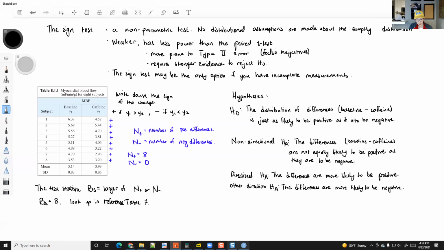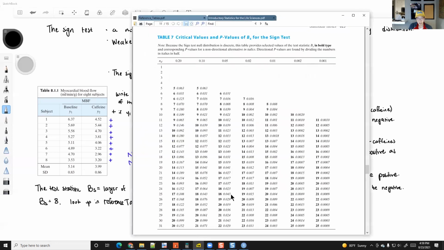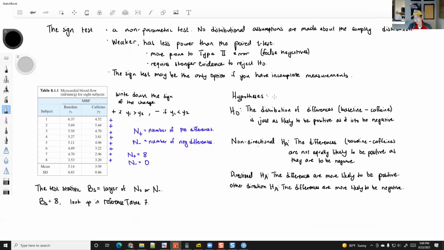All right, and so when you read the table, you have to read the heading. It says, because the sign test null distribution is discrete, this table provides selected values of the test statistic in bold type and corresponding p-values for a non-directional alternative in italics. Directional p-values are found by dividing the numbers in italics in half. All right, so I'm assuming we're going to just start off with a non-directional alternative. So the p-value for a non-directional alternative